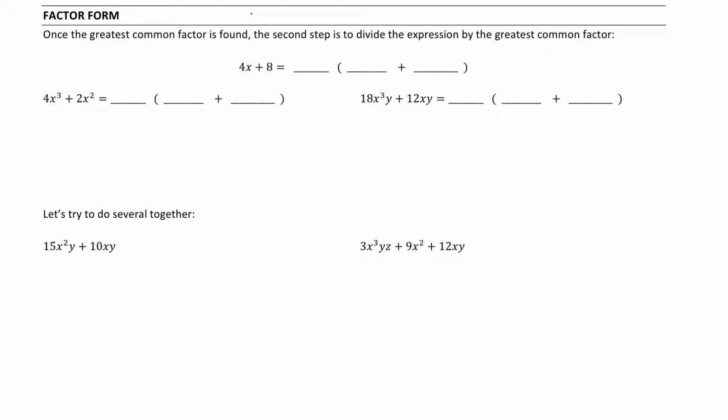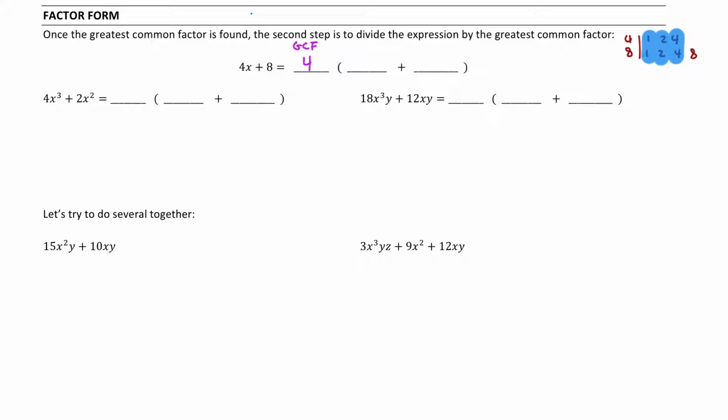I have 4x plus 8, and I want to find the greatest common factor first. I can break it down. Let's do that on the side here. 4 and 8. 1, 2, 4. 1, 2, 4, 8. So you can see that the greatest common factor is the 4 for my constant, and I have x in this term, but I don't have the x in this term, so x will not be part of my greatest common factor. So 4 is my greatest common factor,